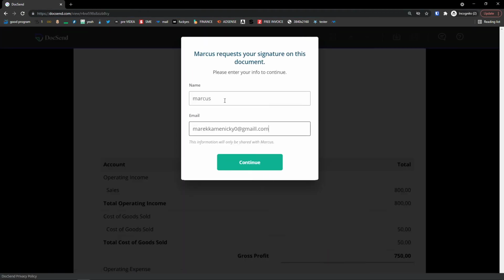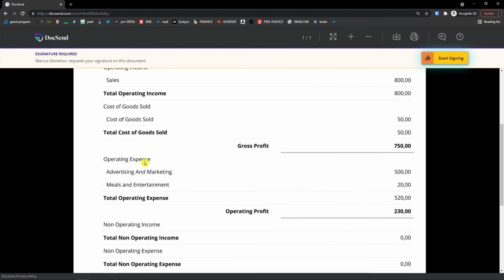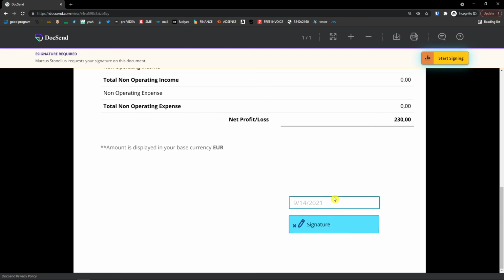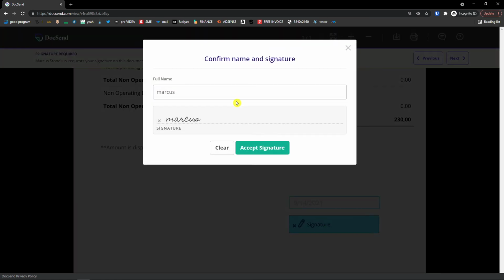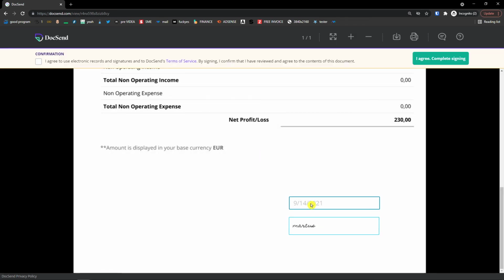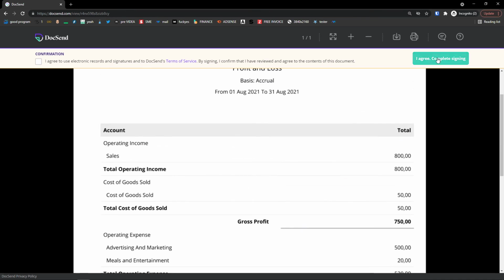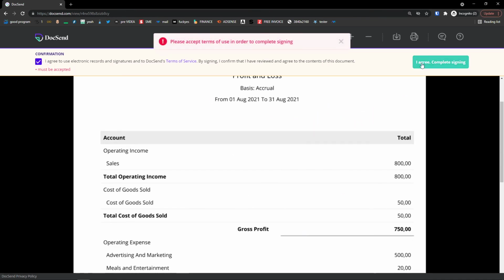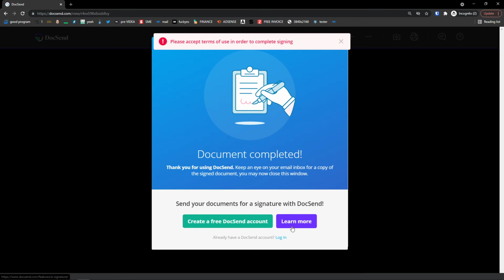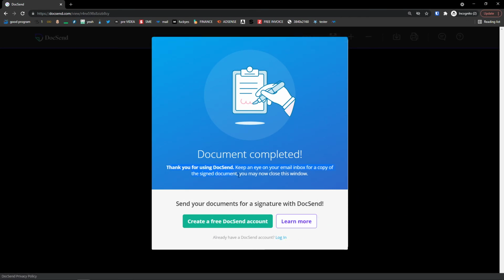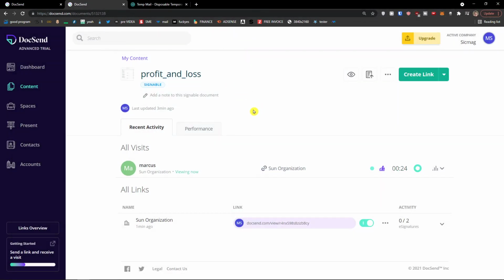So when I'm going to open it right now, continue. And as you can see, we have the signature right here. Marcus signature and accept signature and date for today. I agree. Document completed. And when I'm going to refresh the website here,